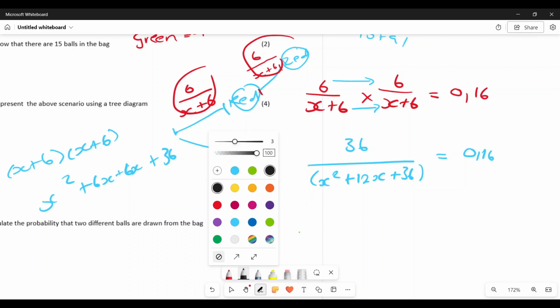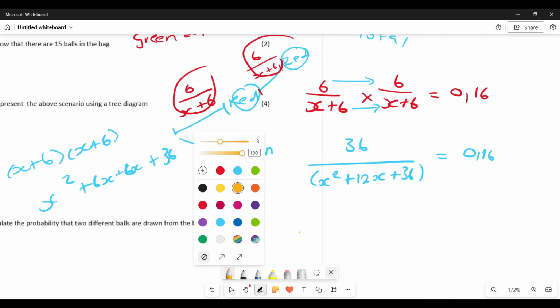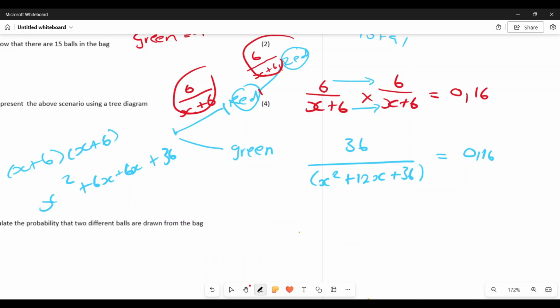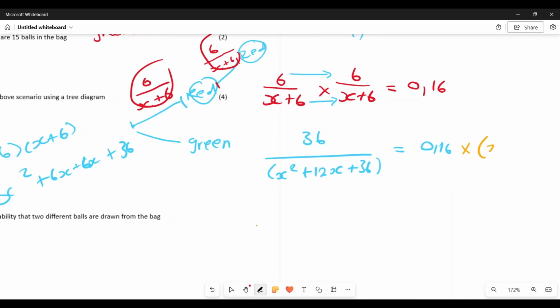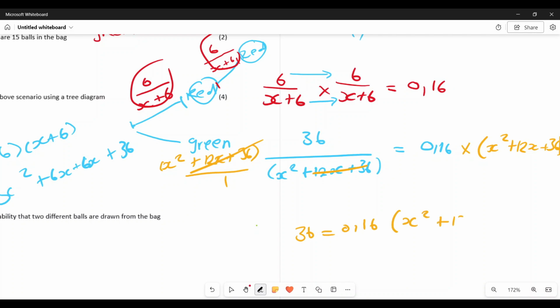Doing so, first thing first, I'm going to try and get rid of this denominator. So I'm going to multiply both sides by x squared plus 12x plus 36, so that these two could cancel out one another. And I'll be left with 36 equals 0.16 multiplied by x squared plus 12x plus 36. Now, dividing both sides by 0.16,